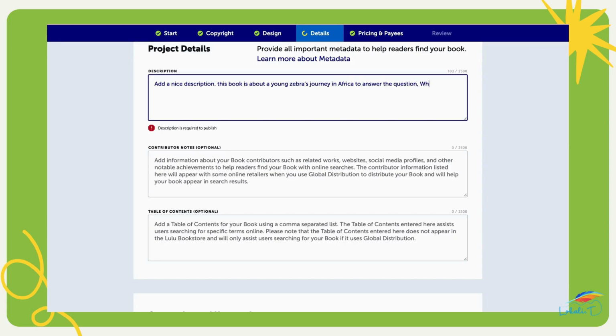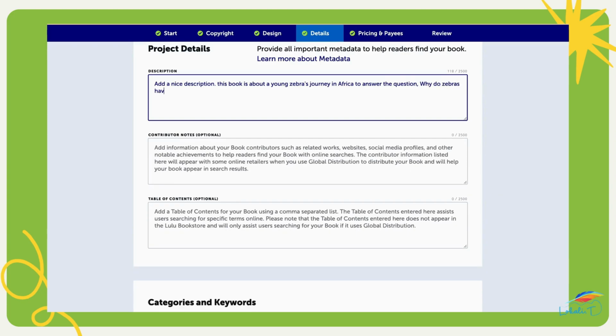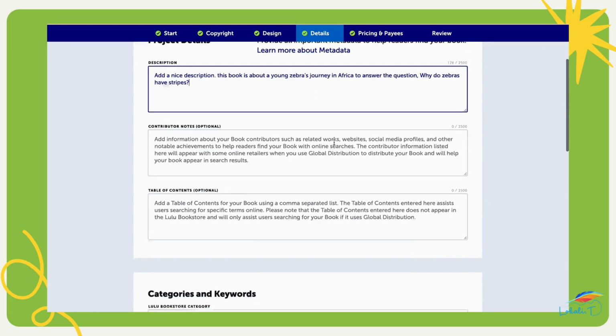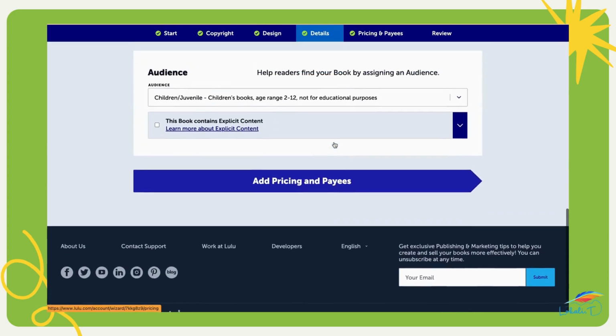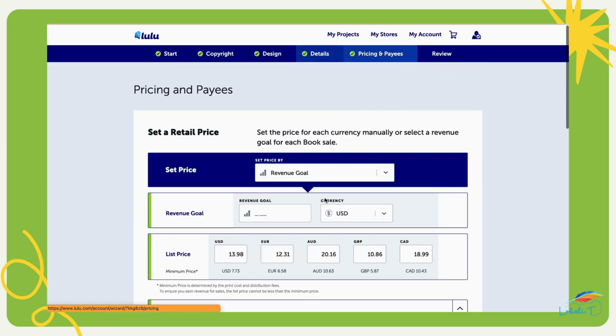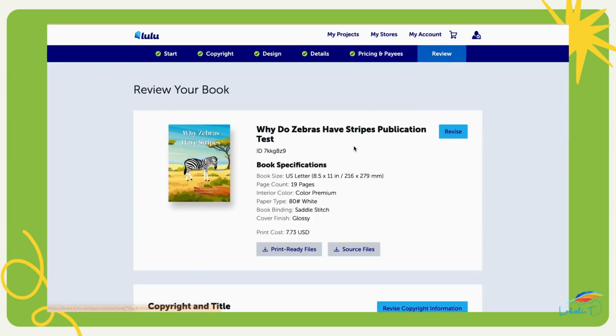So for the description section, you want to ensure that you're adding something that really gives life and tells a lot about your book and the story that you created. Because this is just a simple tutorial, something really quick, I just added a really quick and easy description. Now you proceed back to pricing and payees, and everything is already completed, so you can go to the review